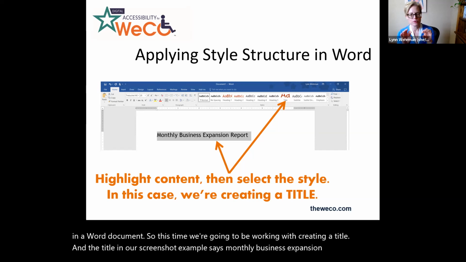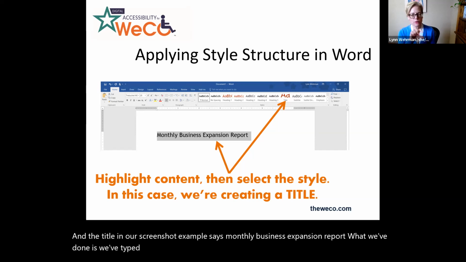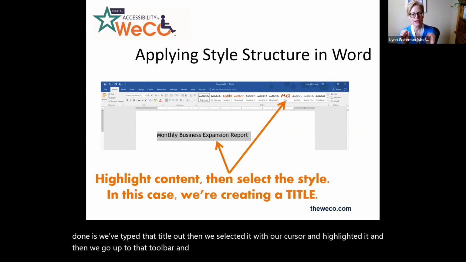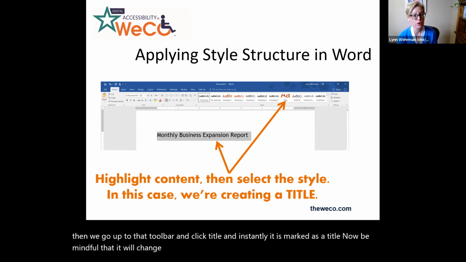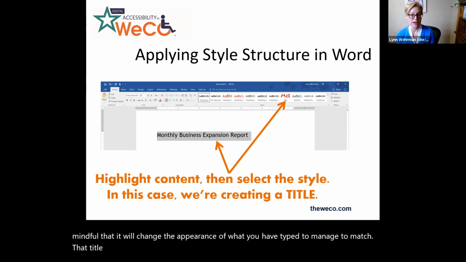What we've done is we've typed that title out, then we selected it with our cursor and highlighted it. And then we go up to that toolbar and click title, and instantly it is marked as a title. Now be mindful that it will change the appearance of what you have typed to match that title style within a document.